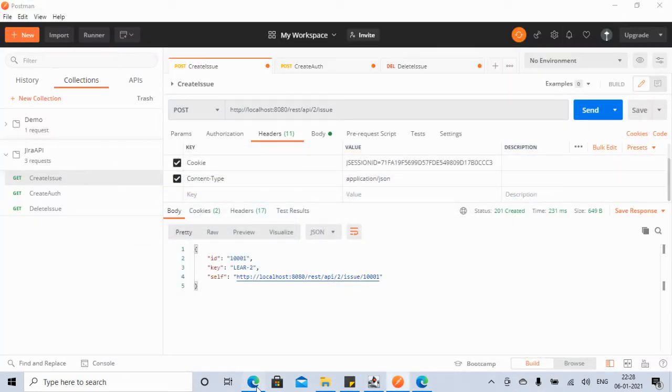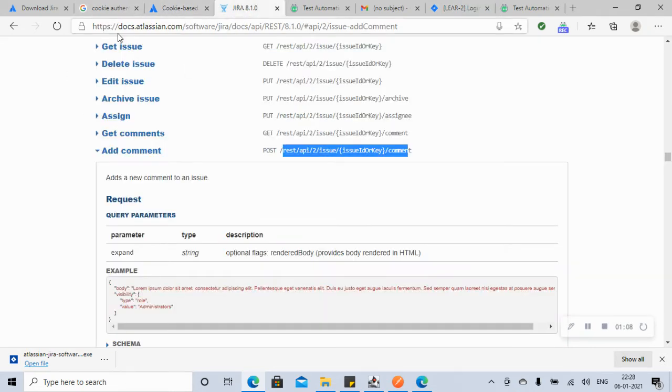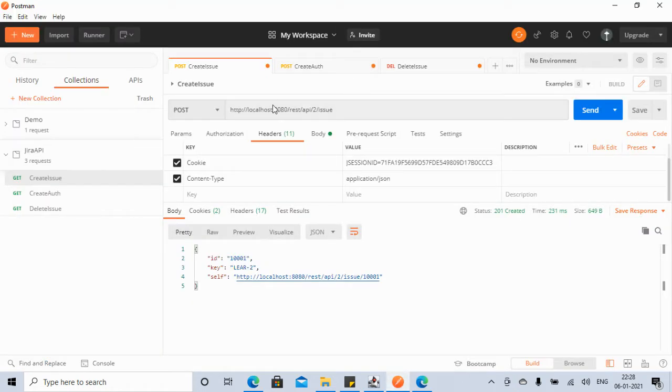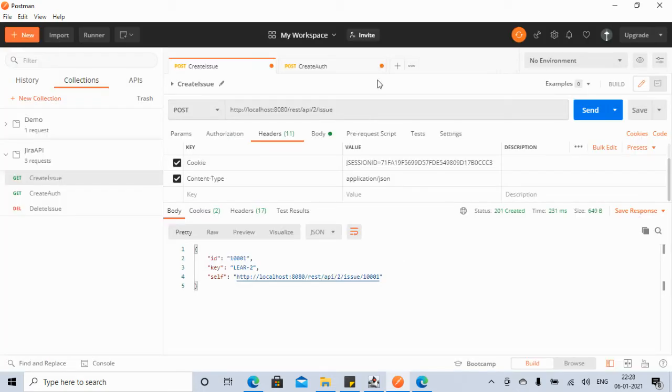So we already have this API here on the Jira website. They have exposed it. So let's do that. First we need the host, like the base URI, till rest I think we can take. So we have to create one more, let's save changes. Okay.